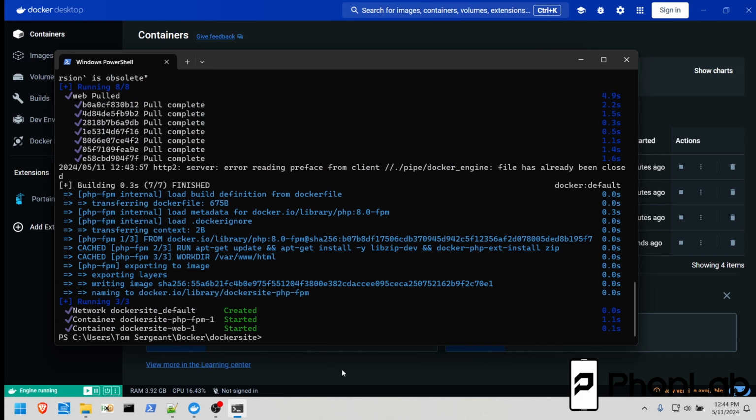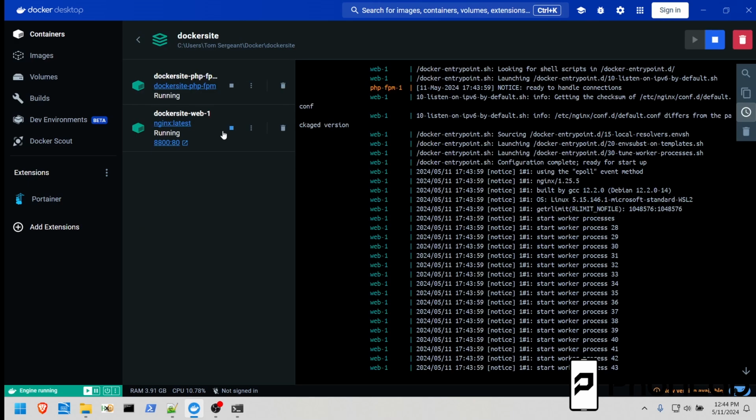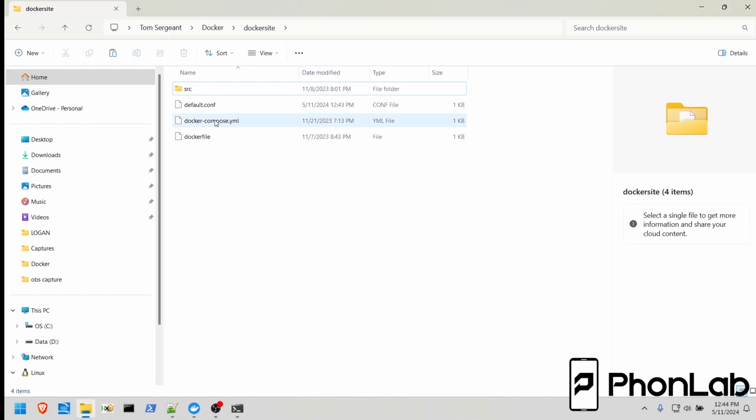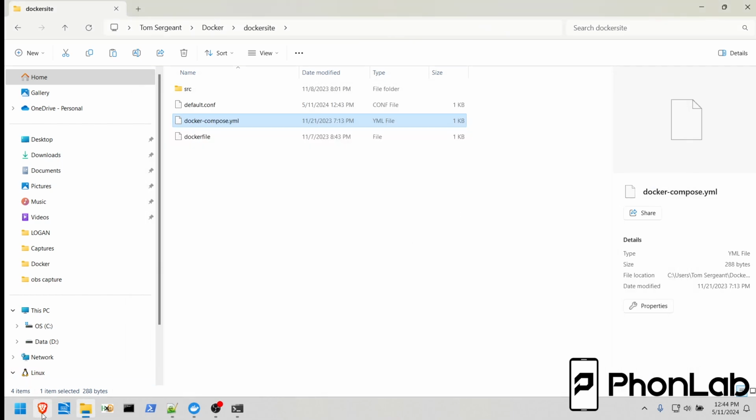So if that worked correctly, back in here, you have a thing called Docker site, right? And it is up and running. Now, yep, you can look at it. That's cool. Let's go see what we exposed as. Oh, it was in the Docker file. So we exposed it right there, 8800. All right, so let's go into our browser,